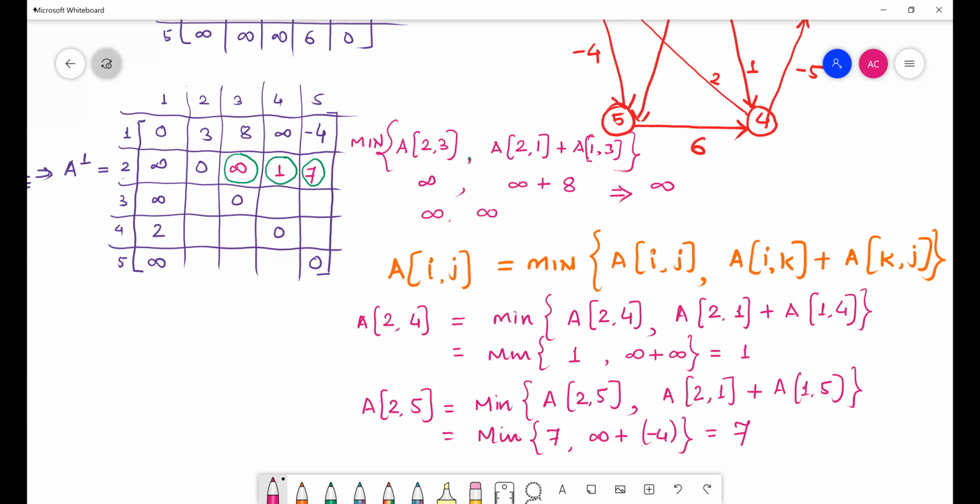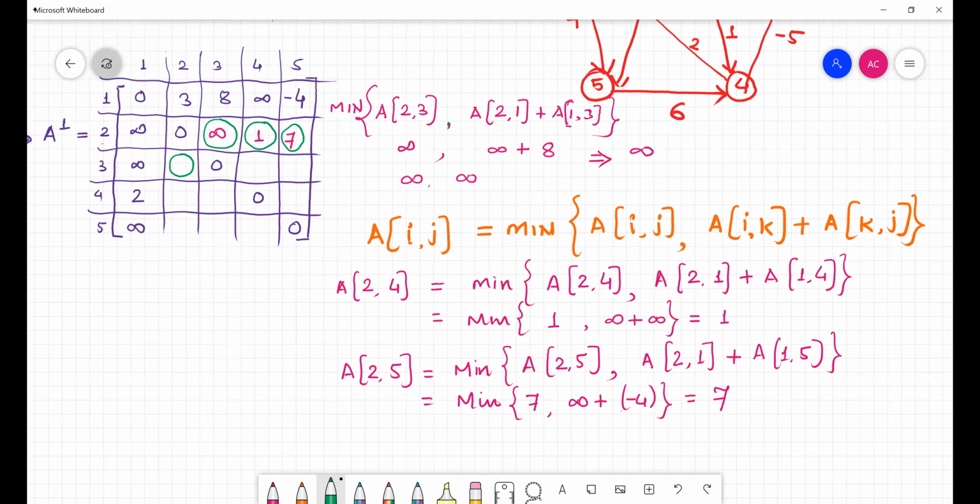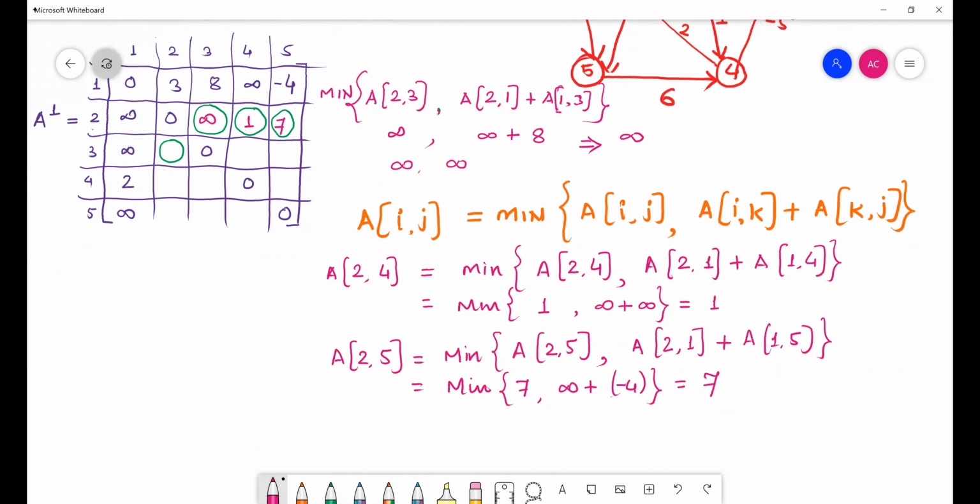Calculate and tell me what values come. 4. This is 4, yes, correct. 3 to 4. So A of 3 to 2 is,